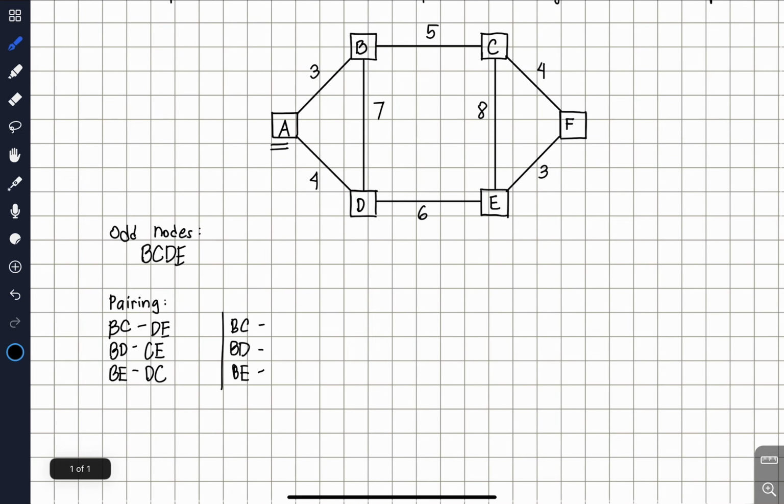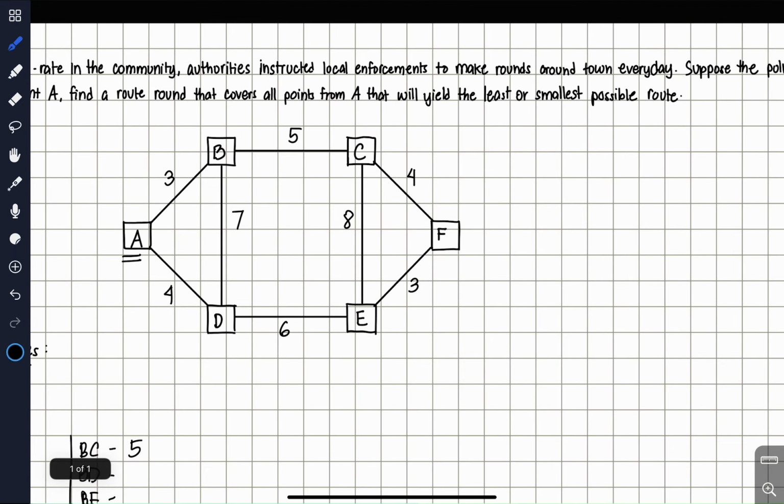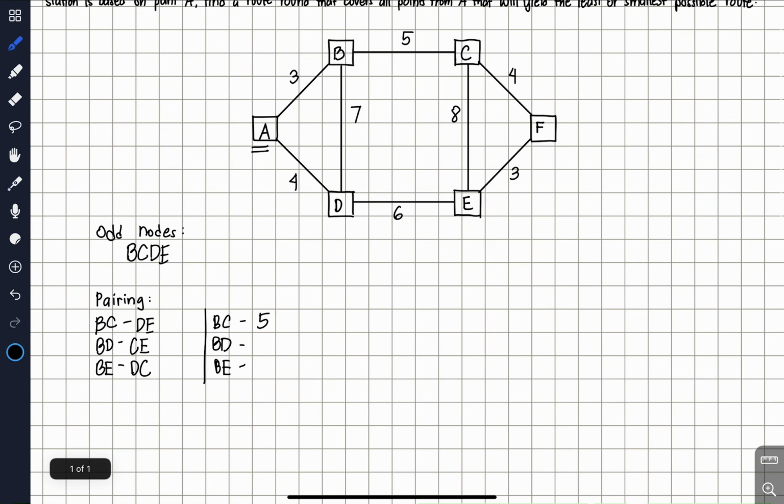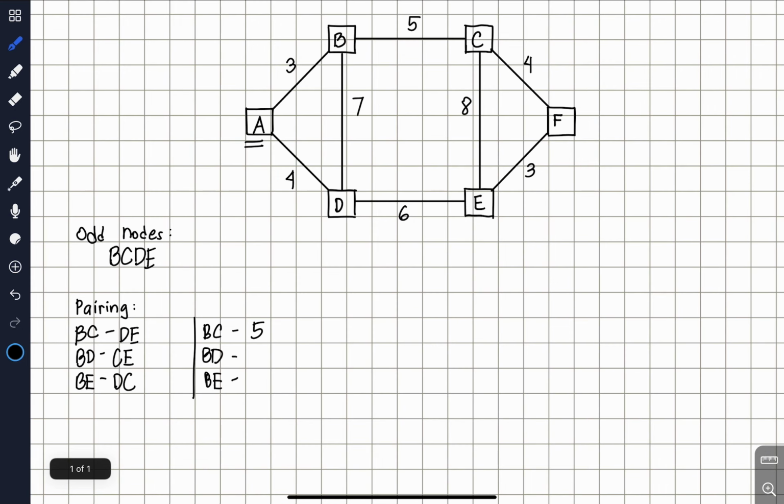So for BC, we have 5. As we can see here in our figure, from B to C, we have 5. BD is 7. Then B to E is